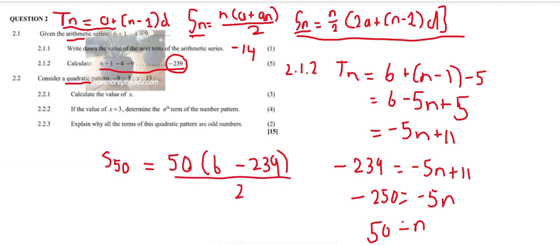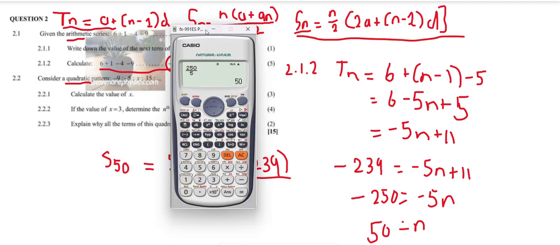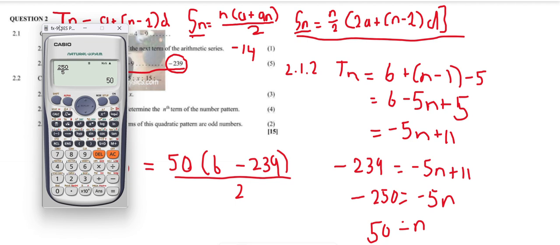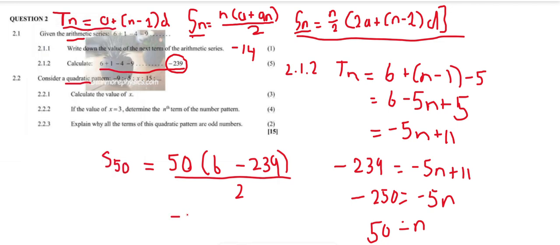So what you do, you put it in your calculator. You're going to say 50 open brackets 6 minus 239 close brackets all over 2 equals